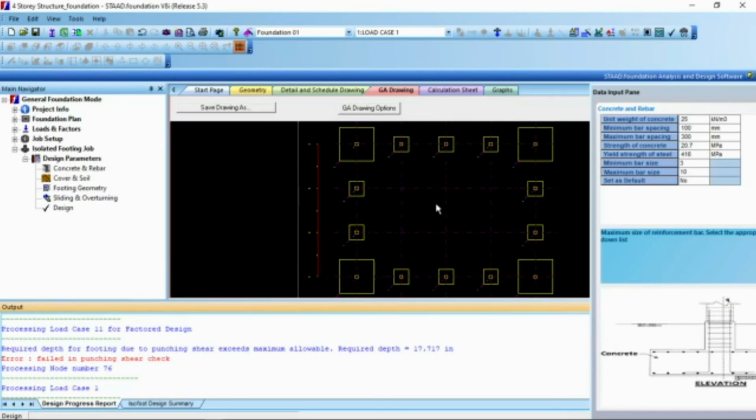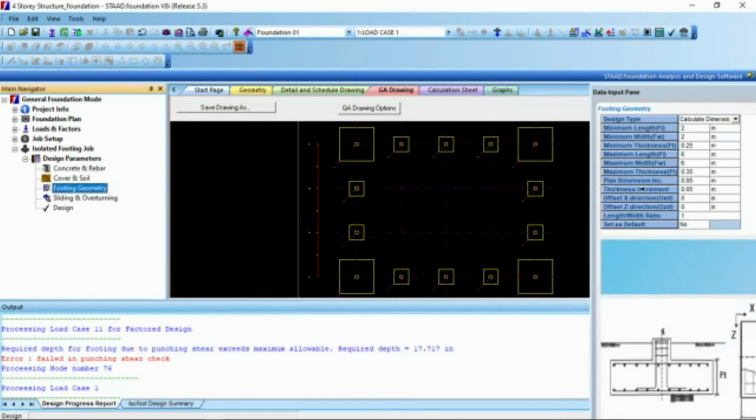So let's go to plotting geometry. Here, look for maximum thickness. Here, maximum thickness, let's have